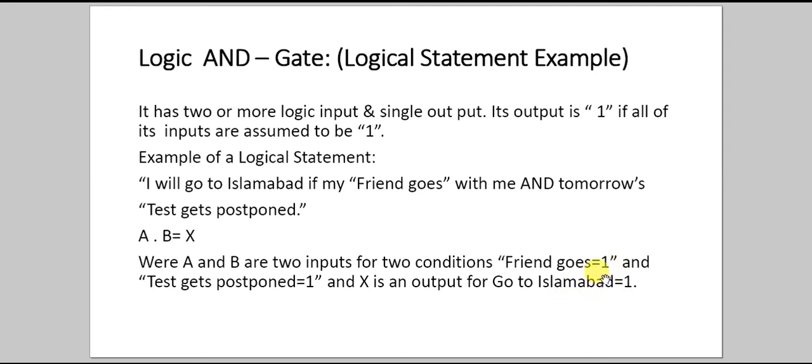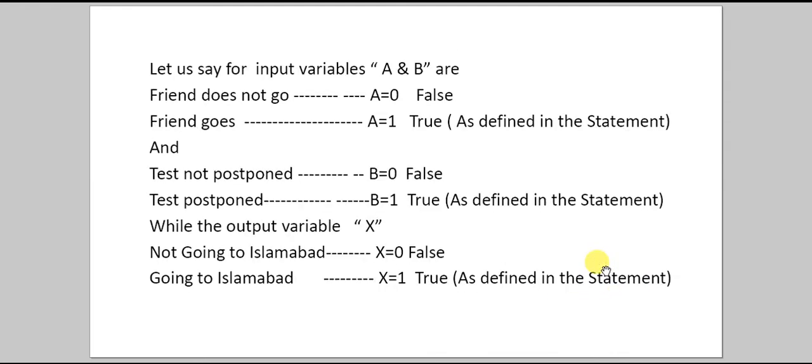So that would be the case. Now let us say, similar to what we discussed in the OR gate, A and B are the two inputs. A is tagged as friend doesn't go, A is equal to 0; friend goes, A is equal to 1. B is test not postponed, B is equal to 0; test postponed, B is equal to 1, while the output variable is X, not going to Islamabad,